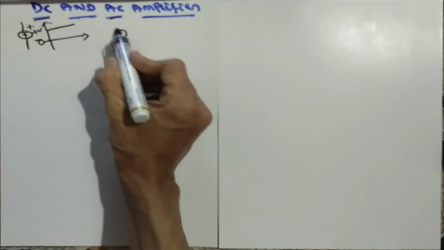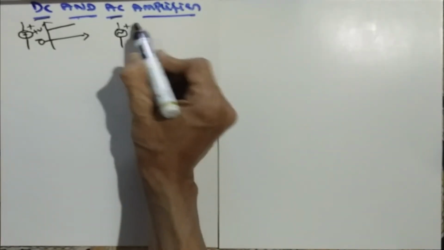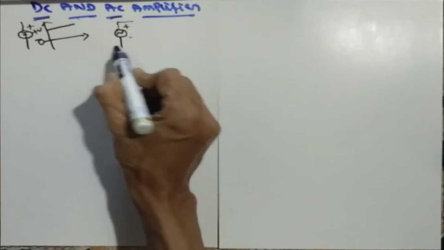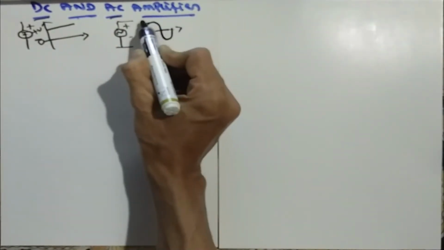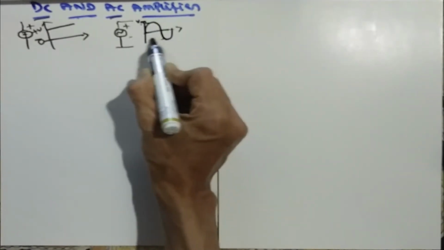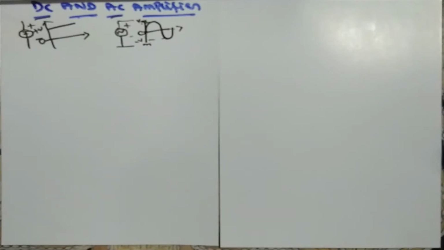Similarly, we can talk about the AC signal, which is like a sinusoidal wave. Again plus and minus, but now we give a sine wave, which has some amplitude that we can call VM, and similarly minus VM. This is 0. This is how we can give two types of supply to the op-amp.